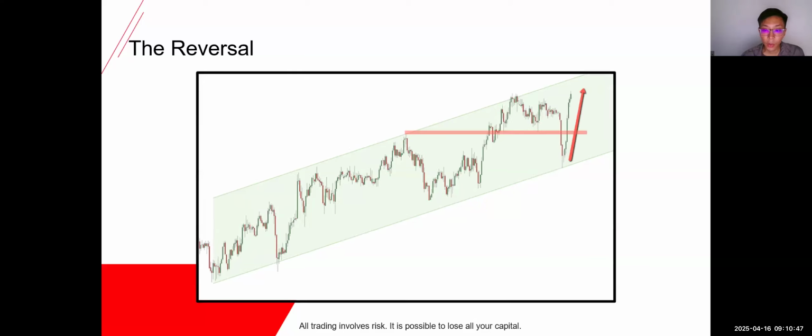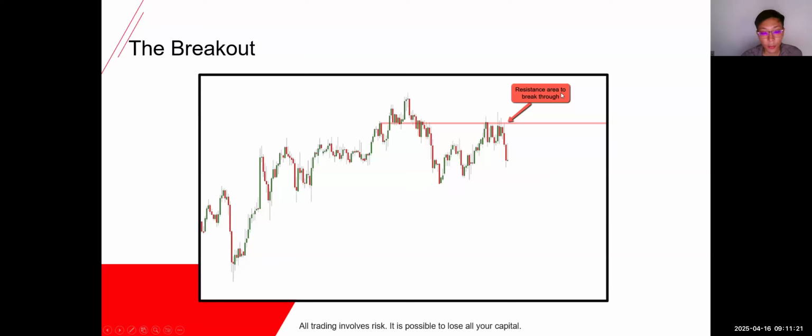Okay, so you can see how price actually reversed all the way up to the top of the ascending channel. It actually ignored this obstacle over here. Why I call this an obstacle is because it was a broken support. It broke through very strongly, so it should act as a resistance. But once we have a strong reversal happening, most of the time price would just rise all the way up. Okay, so the next thing is breakout.